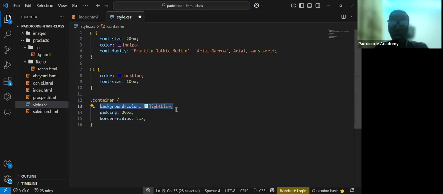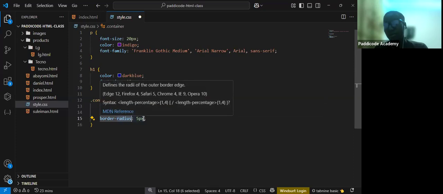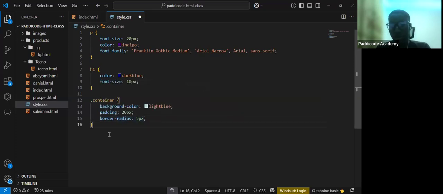So now inside the container, I have background color. This is just like a laid-down thing that I can use. I have background color, I have padding, I have border radius. Border radius is the property, while 5px is the value. I'm very sure I've explained that. So if I save this now and then go to the browser,